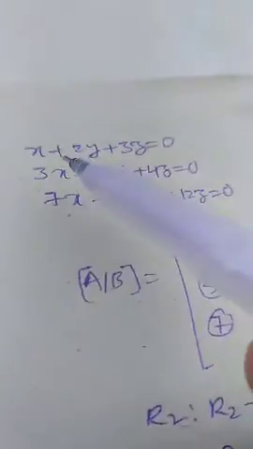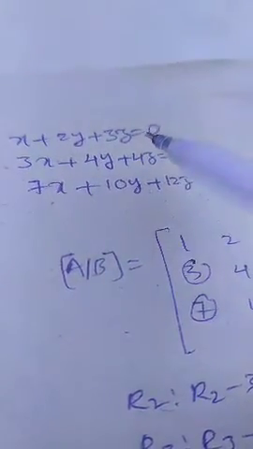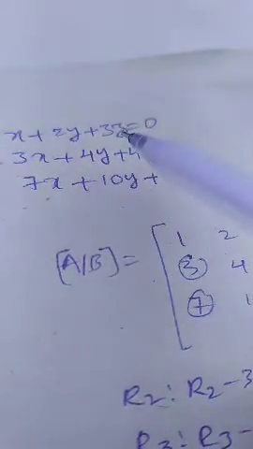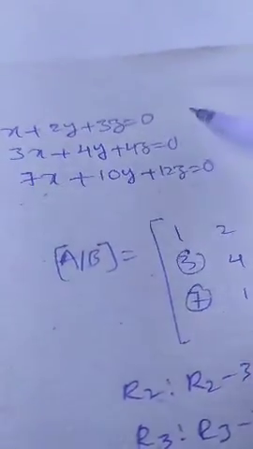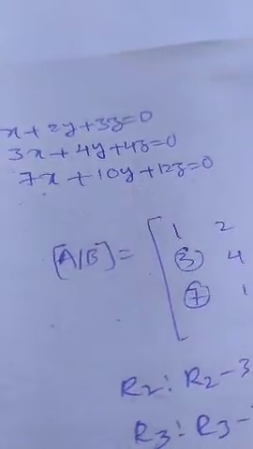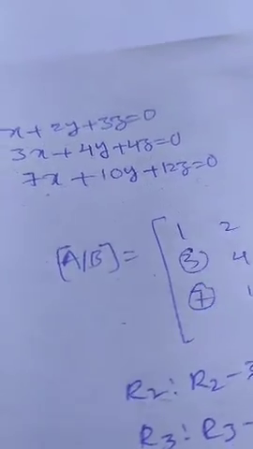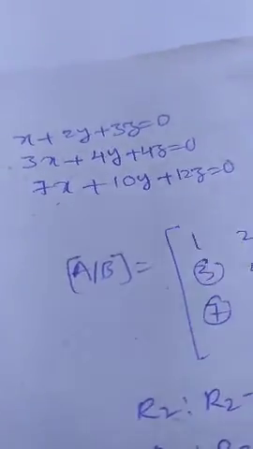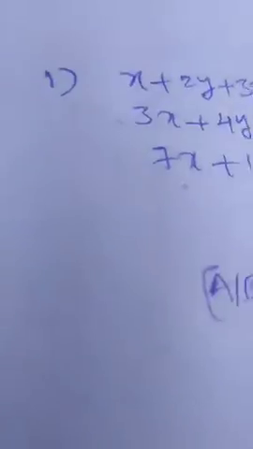See, observe the equations. Thus x equals 0, y equals 0, z equals 0. That solution satisfies all these equations. Why? Because the right hand side is 0, no? So x equals 0, y equals 0 always satisfies the homogeneous system of equations. So a homogeneous system always possesses one solution, that is the zero solution. Here the zero solution is x equals 0, y equals 0, z equals 0.